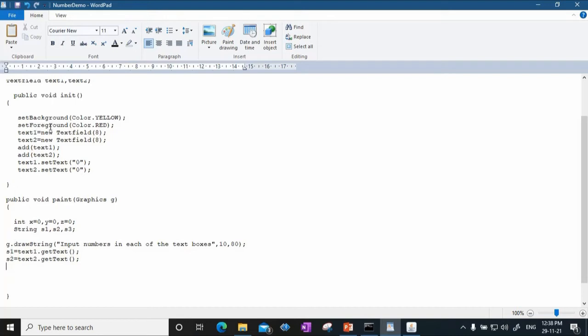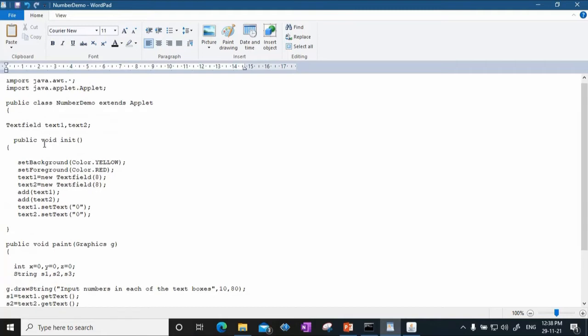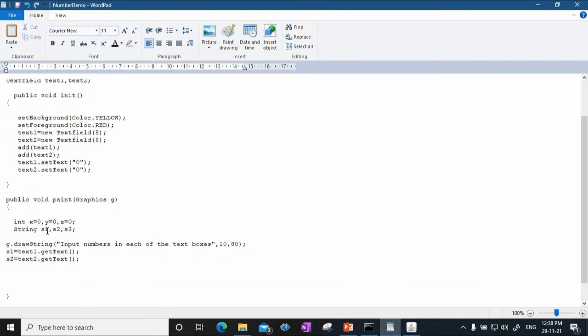Notice that s1 is a string variable that we have declared, because although the user enters a number, that will be treated as a string. Similarly, in the second text box, whatever he enters, although he enters a number, will be treated as a string and stored in s2.